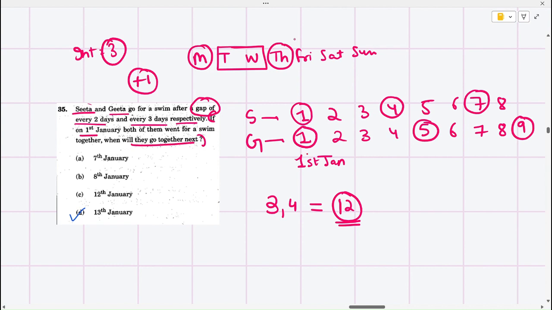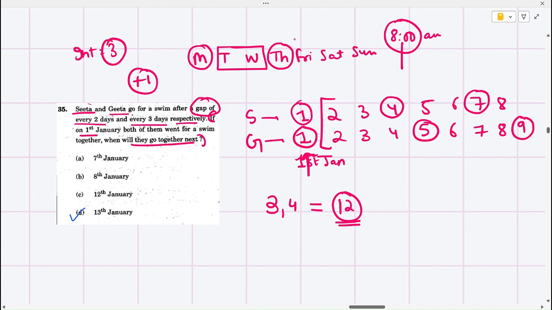So that means we are not including 1st January, the reason being that on this day they were already together. We always start from this particular case, right? Like we saw in the earlier examples, where they say that if the bell rang once at 8 a.m., then after that when will they ring together? So in this particular case we do not include this particular time. We focus on the days after that particular day where their commencement is together, where they have already met once.